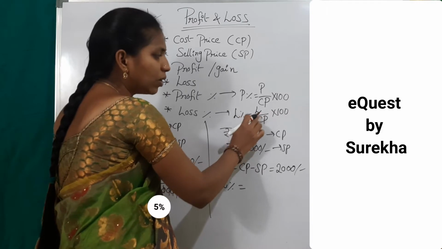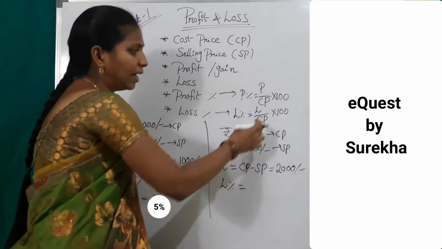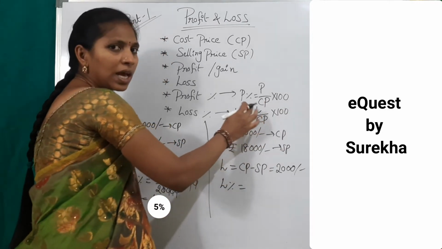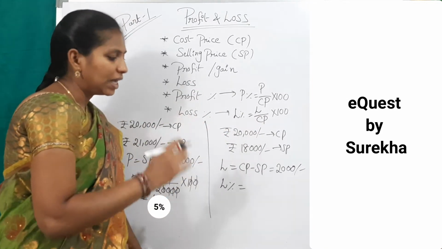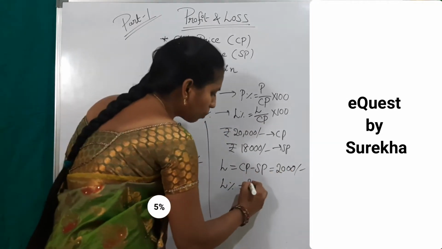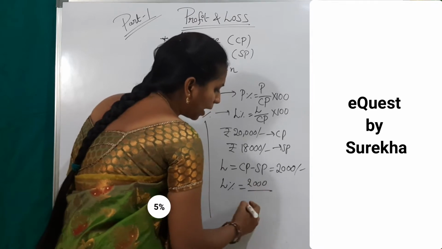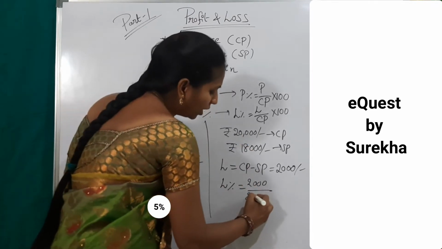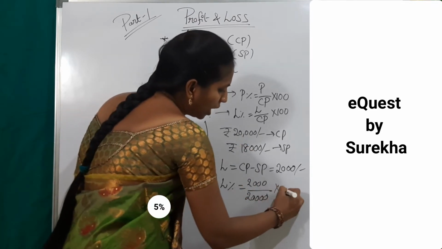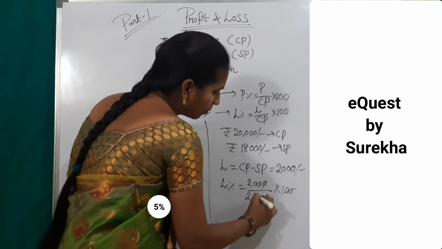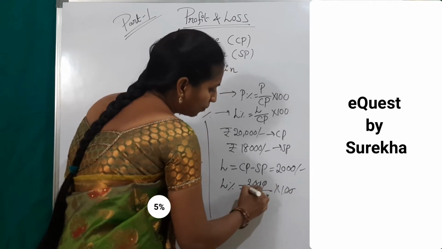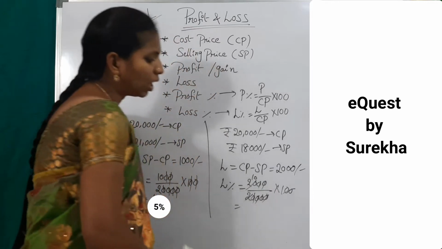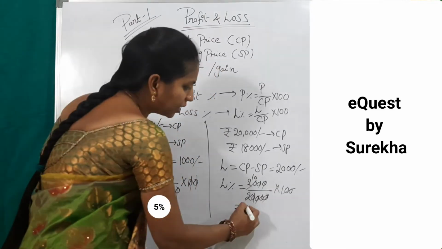Loss percentage equals loss by CP into 100. Here, what is meant by a loss? Loss is CP minus SP. So that is 2,000 rupees. 2,000 by cost price, which is 20,000 rupees, into 100. Cancel zeros. Then finally, I got how much? 10%